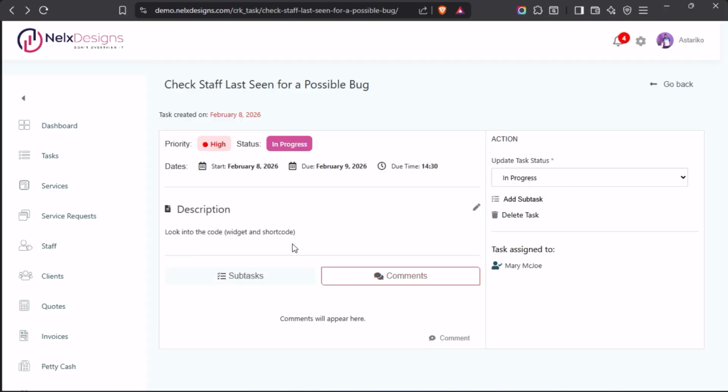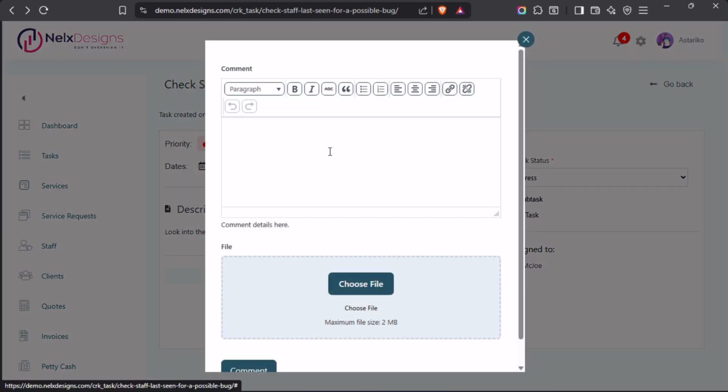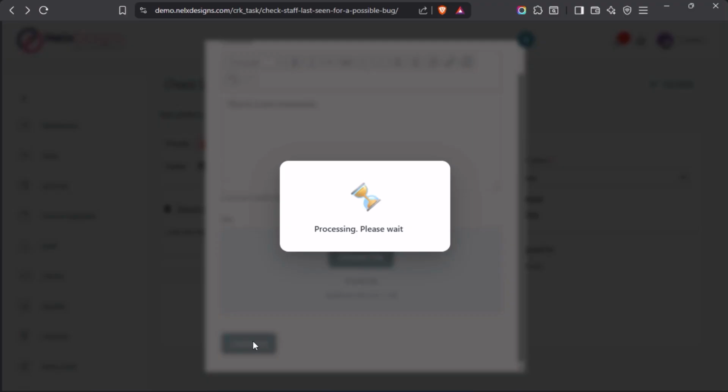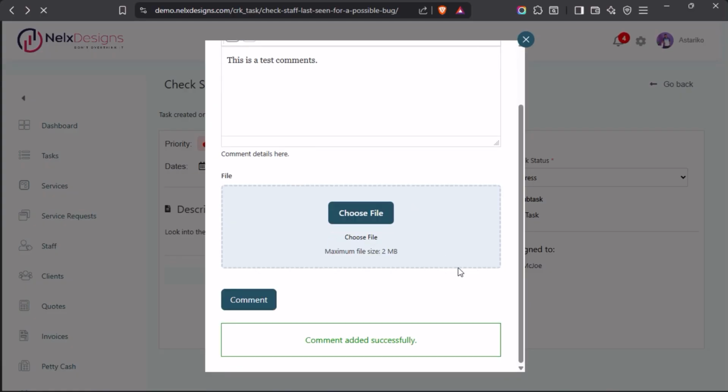The same thing works with comments as well. Exactly the same way I've explained the other one, it's exactly the same way it works with these as well. So